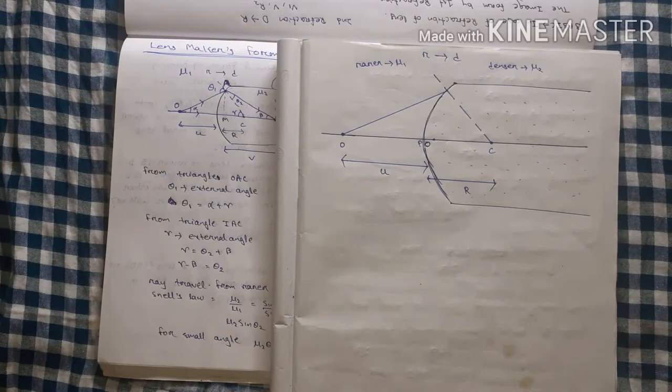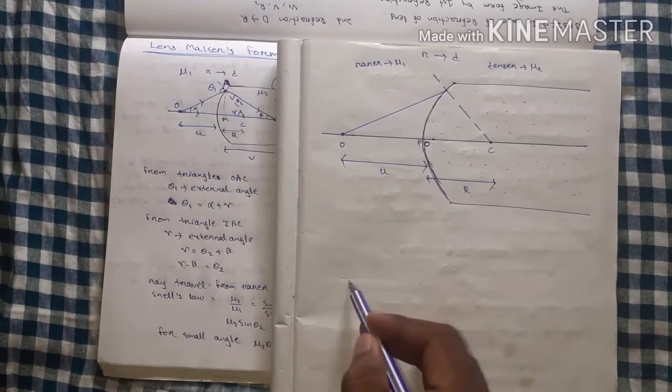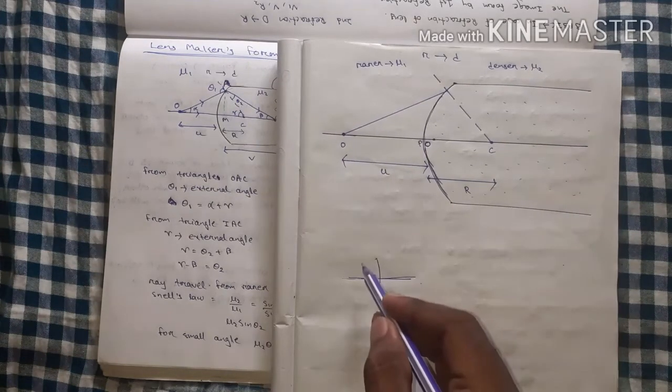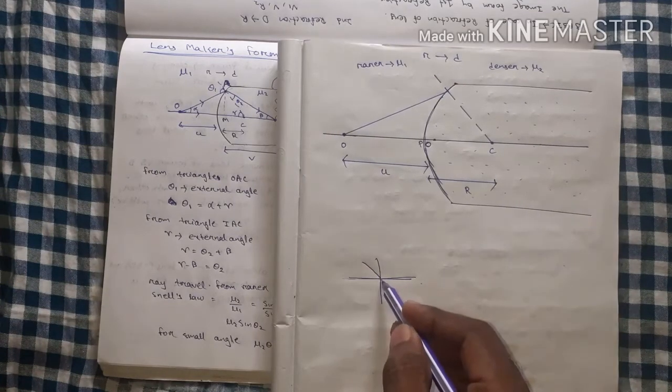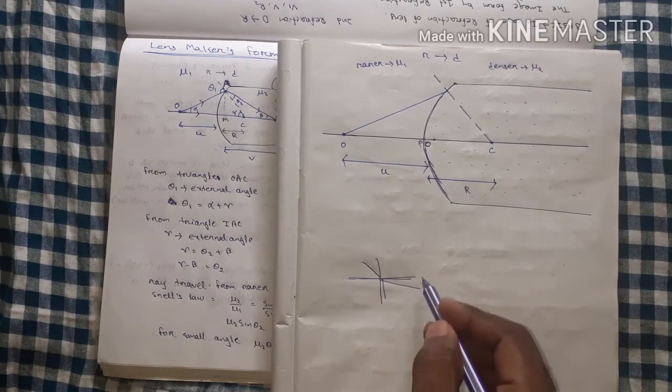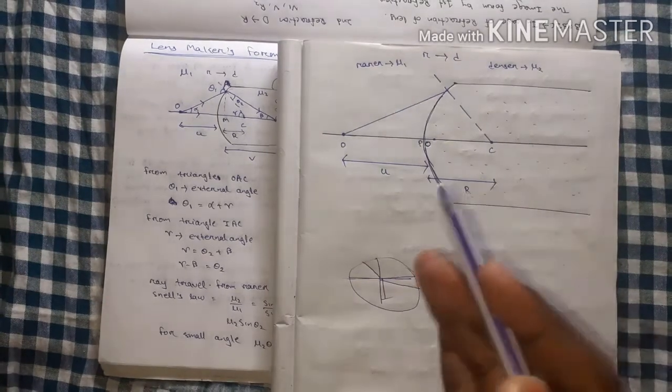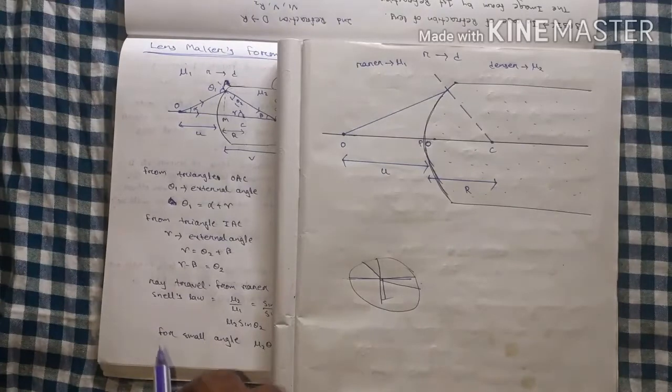Before the lens maker formula, we have to learn how refraction occurs in a convex lens or a concave lens. Before that, how does refraction occur at a curved surface? We studied how refraction occurs at a plane surface, and how the refracted ray moves toward the normal or away from the normal. But in a curved surface, like a lens, how does refraction occur?